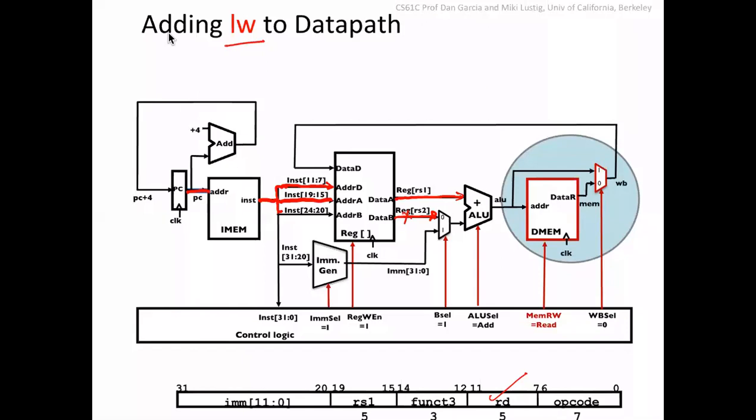Then the 12-bit immediate field will be taken here in immediate generation, and 32 bits are made here by sign extension, and the input comes here. Now what signal do we need? We need to select the one coming at the bottom, that's the immediate generation field. So this will not be selected. So the control signal is 1. So the output is available here. Now note that this is the offset.